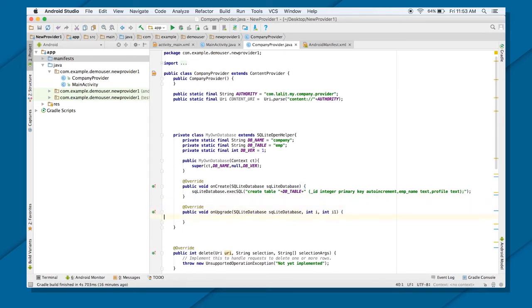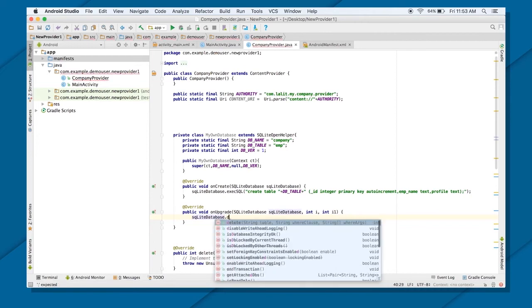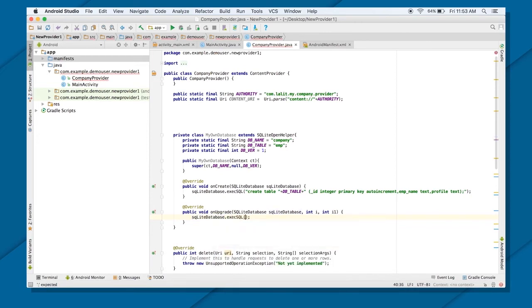And at the end I do want to provide a small code on upgrade also, although I won't be reaching it. So I will provide what? The normal code that drops the whole table, but you don't really want to drop the table, you will alter the table. Just for our code's sake, we are providing drop table if exists, and provide db table.